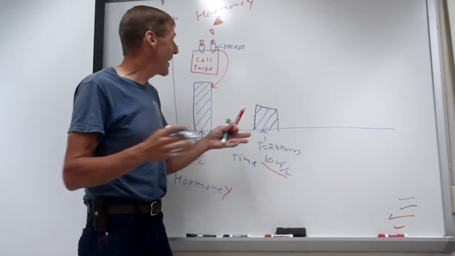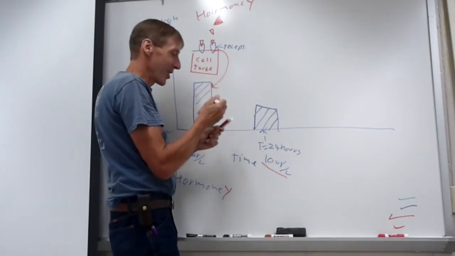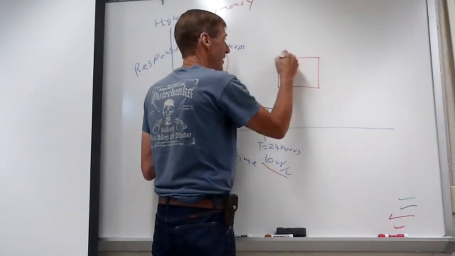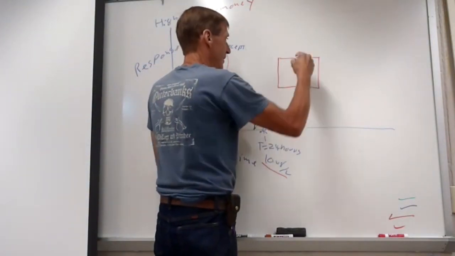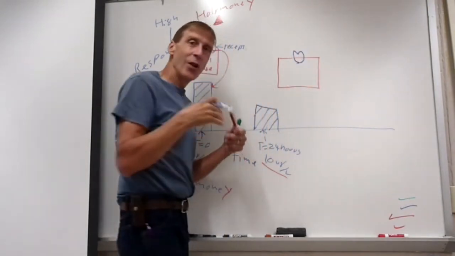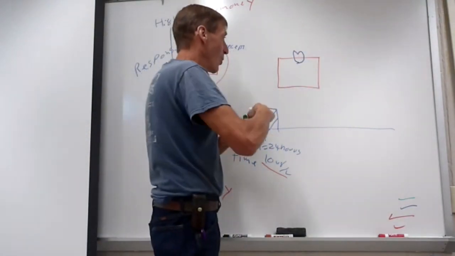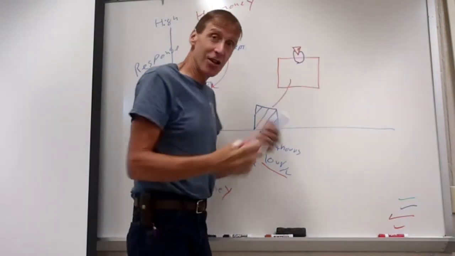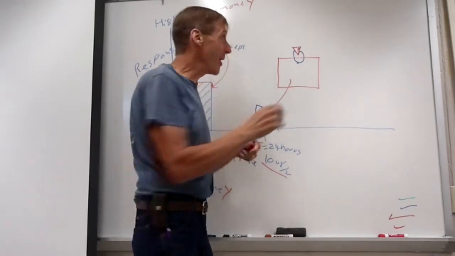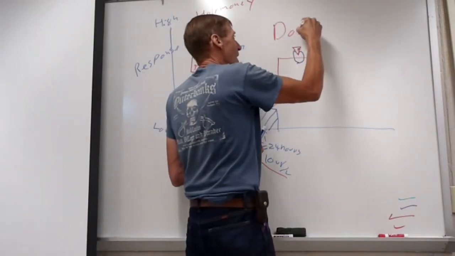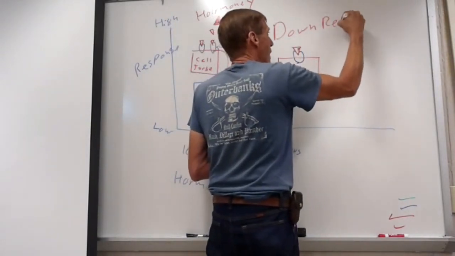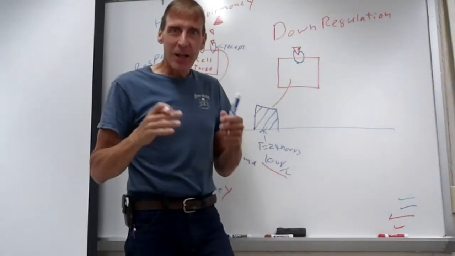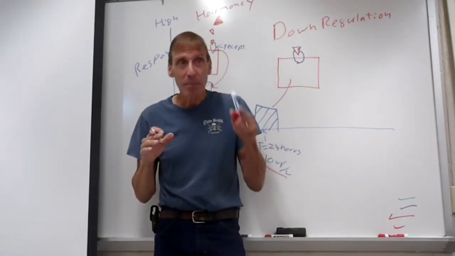What could happen? Again, imagine here's your original target cell. It's the same sort of thing, except this time, if this is the target cell, the number of receptors can be reduced. So now when the hormone comes in, it doesn't have as many places to bind. You get a reduction in response. 3 guesses what they call that. It's often referred to as downregulation. That is, the response of the target cell to a particular dose of hormone can be blunted over time.